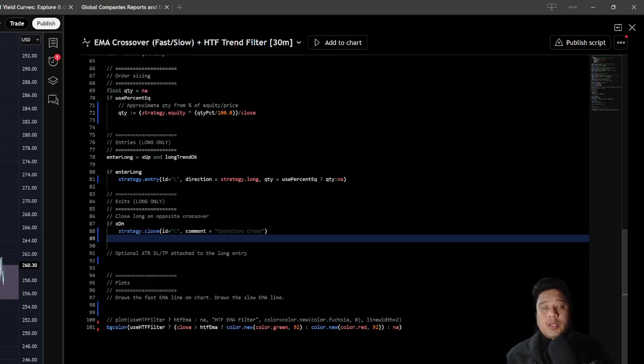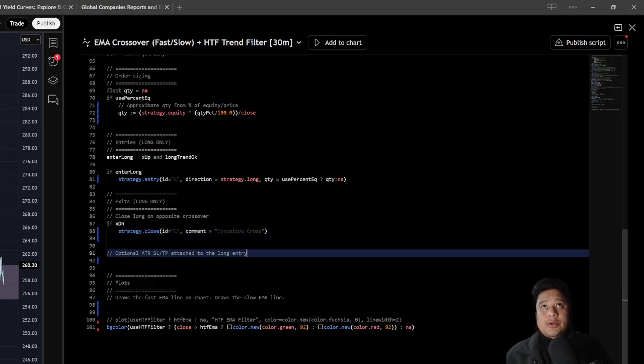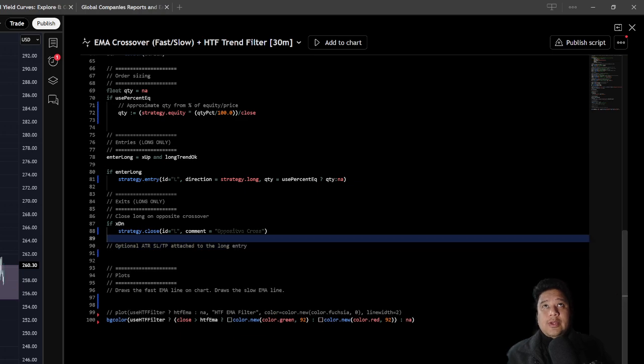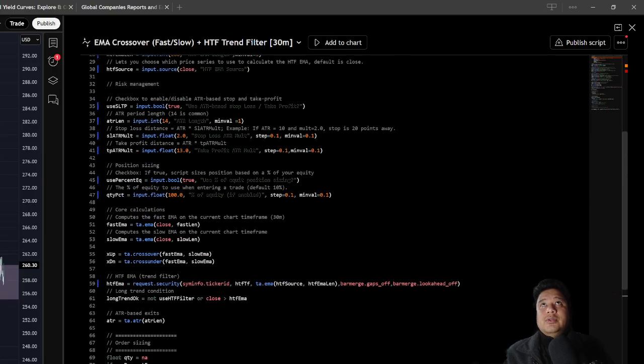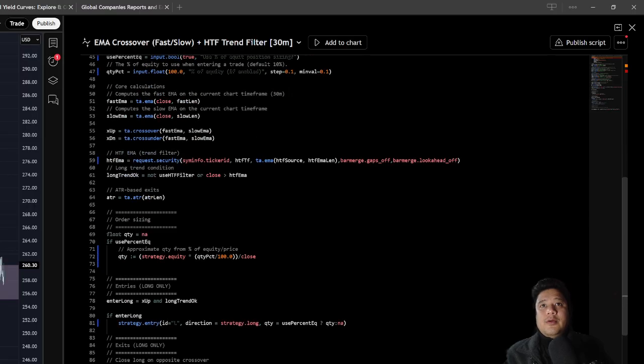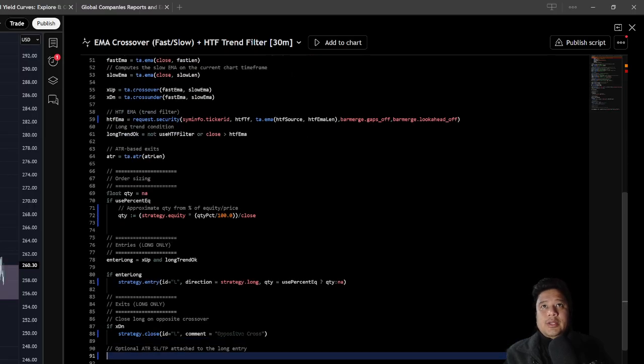So every time it crosses, you're going to close it, or you can also close it when it reaches around 13 ATR. That also means that you can take a profit directly. You can also write the optional